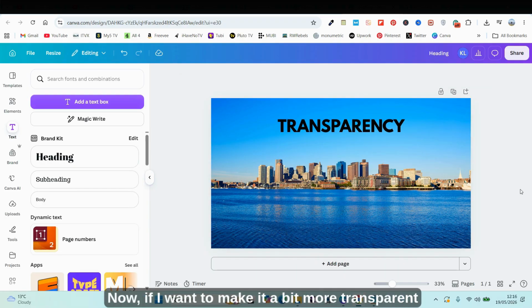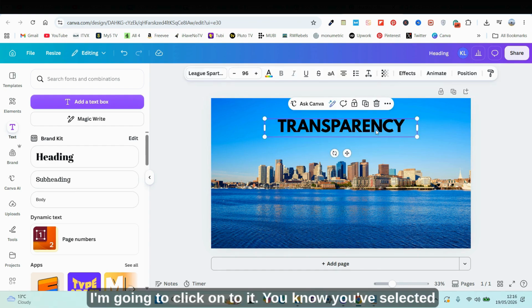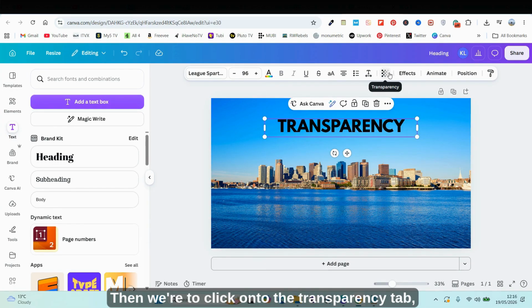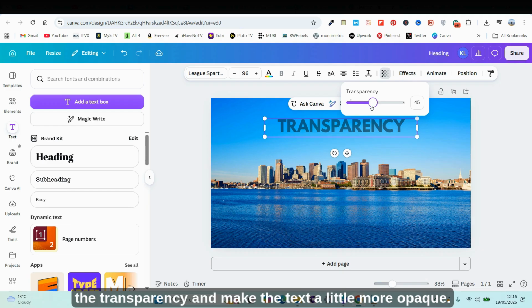Now, if I want to make it a bit more transparent so it blends a bit more with the image, I'm going to click onto it. You know you've selected it when you get the border around the text. Then we're going to click onto the transparency tab, which is sort of like a little checkered board at the top. So by clicking on that, this will pop up and I can increase the transparency and make the text